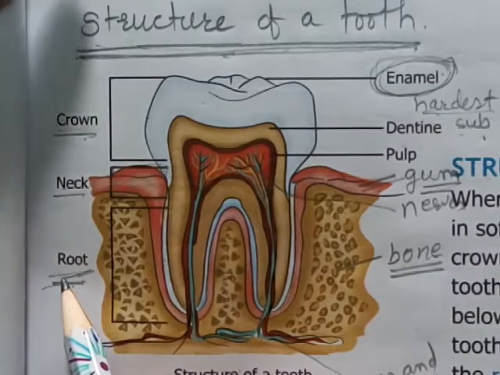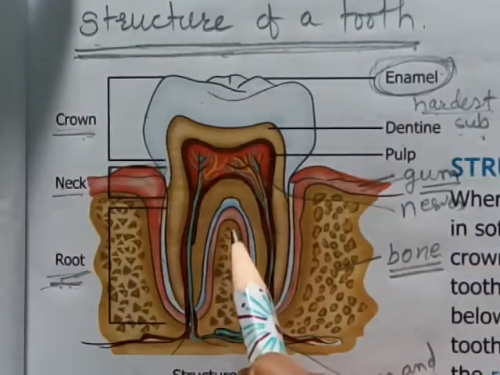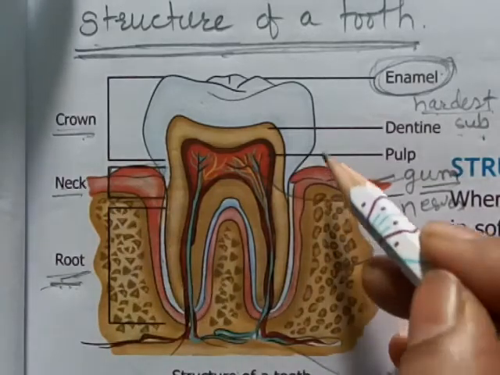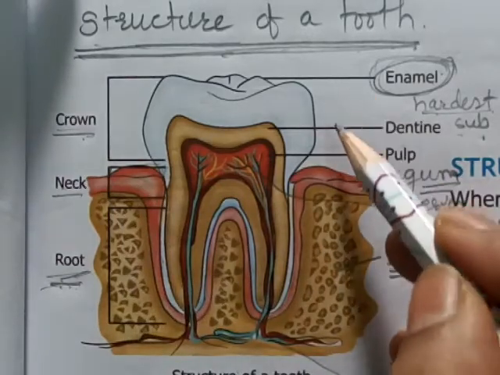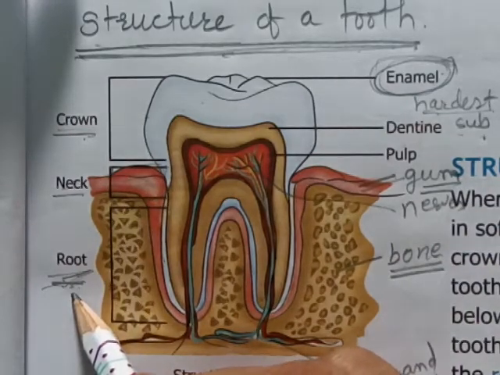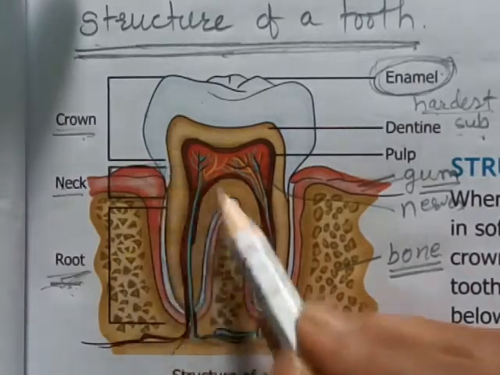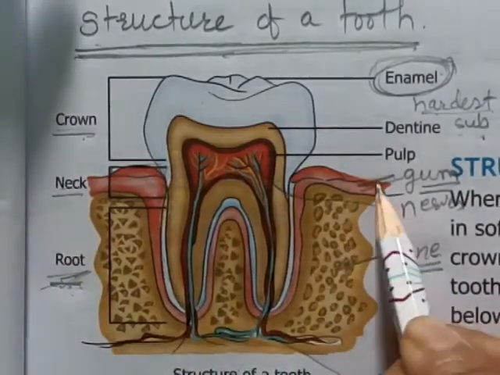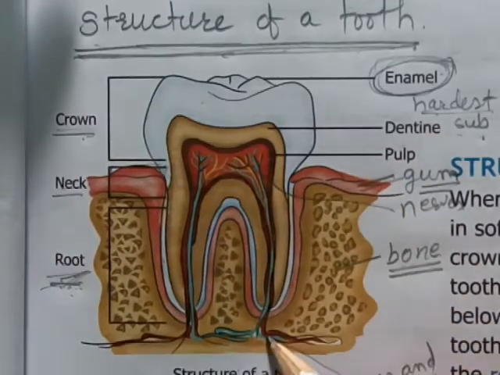The half part that is inside the gums, or we can say bones, is known as the root of the tooth. In the same way we can see only the stem and the leaves of a plant, but we cannot see the roots of a plant. Can you see the roots of a plant? No, they are inside the soil. In the same way the root of this tooth is inside the gums. They are fixed inside the gum.